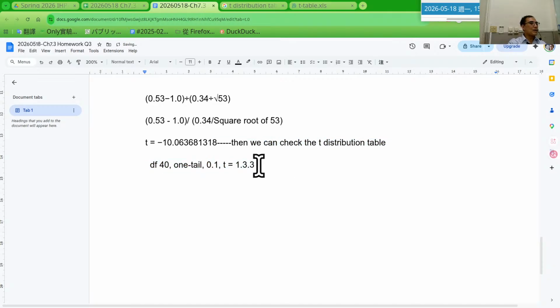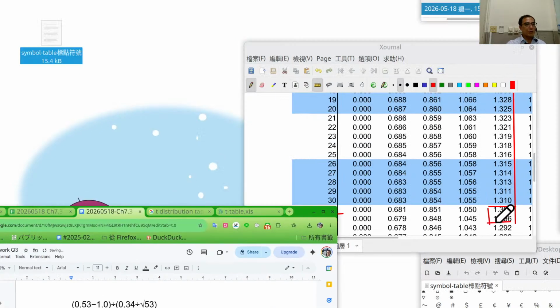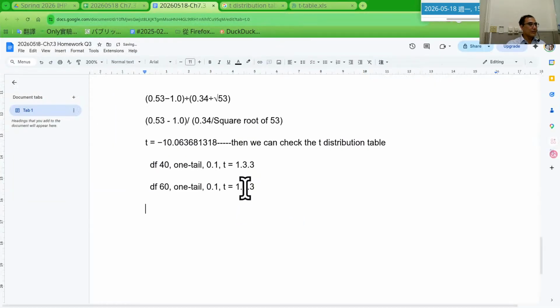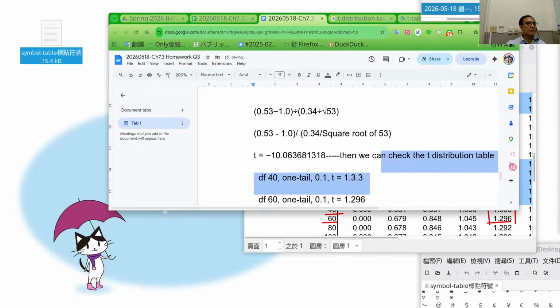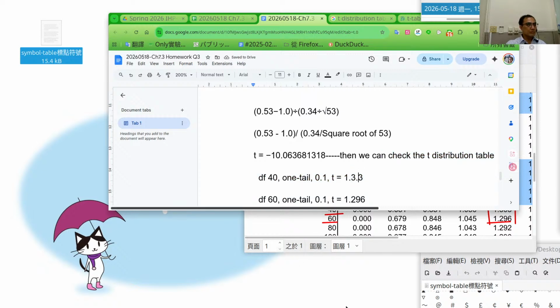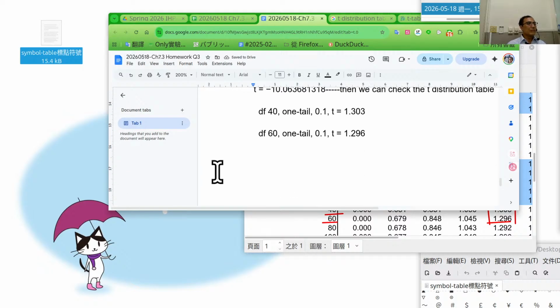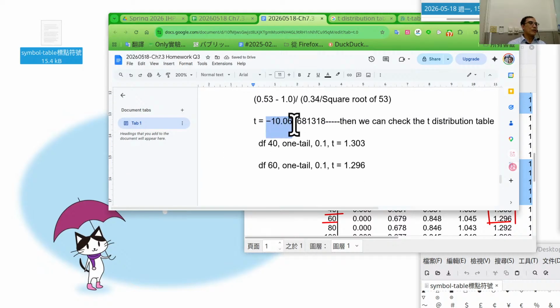Sure, later I will use the online application. We can get more details. Degree of freedom about 60, and the value is 1.296. Then we can say the absolute value of minus 10 is 10. 10 is greater than 1.3 and 1.2. Then